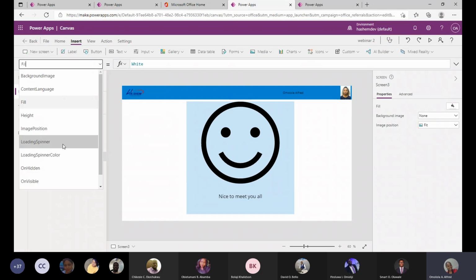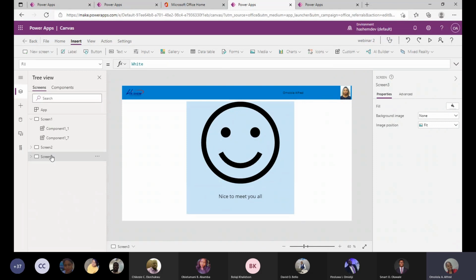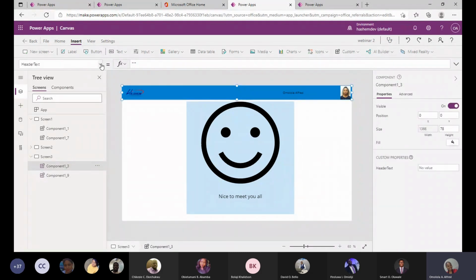Remember, this is what we've been going through since. Okay, screen number 3. It's a bit slow, so allow that to load, and that is the end of